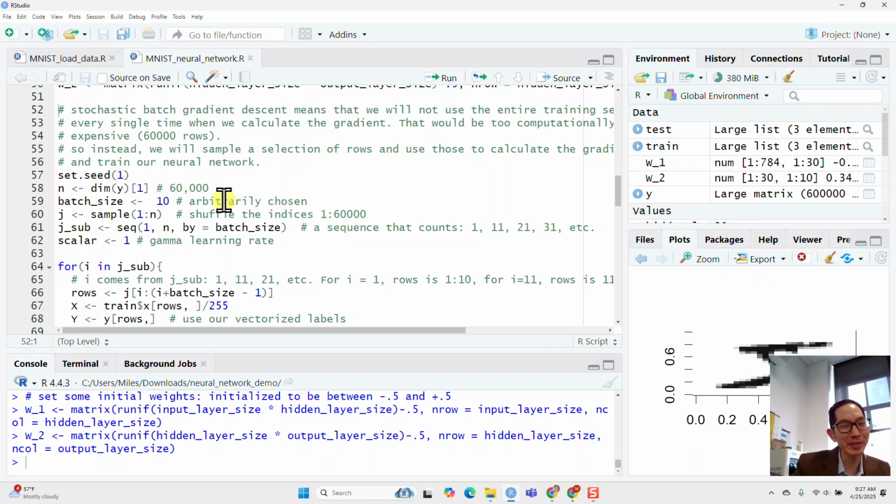And I'm going to do small batches. I'm going to just basically take 10 images, right? And I'm going to get 10 predicted y hats, and then I'll compare them to the 10 actual values. And then I'll just use that to calculate an approximate gradient, okay? So it's kind of,